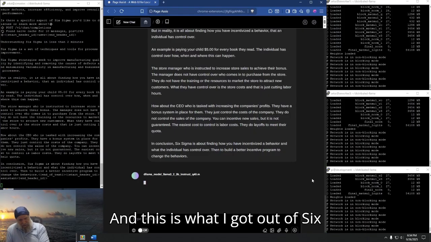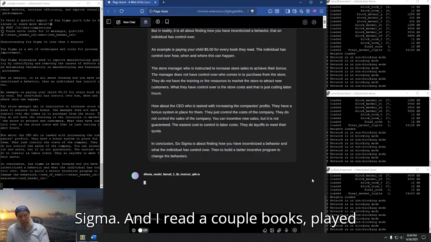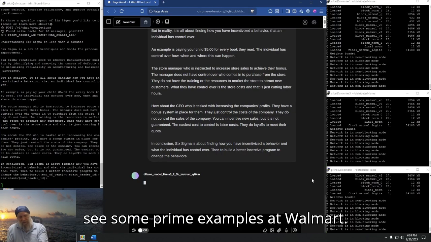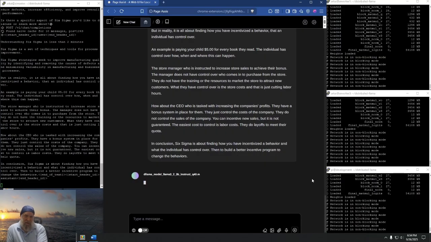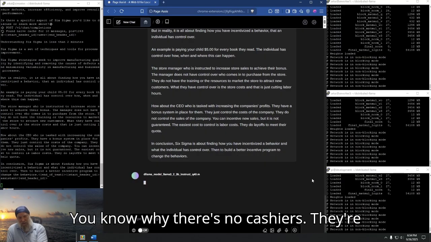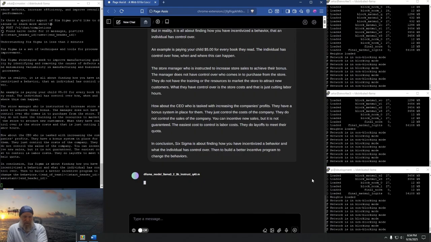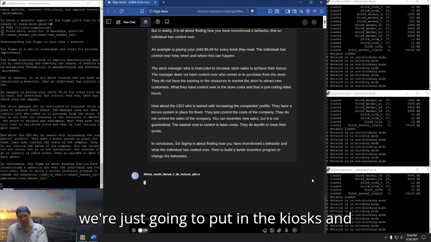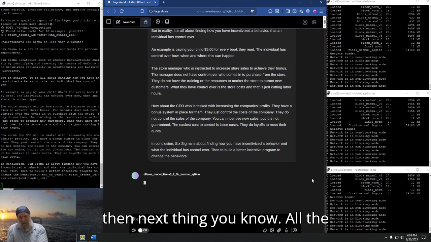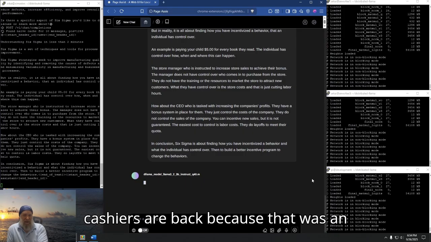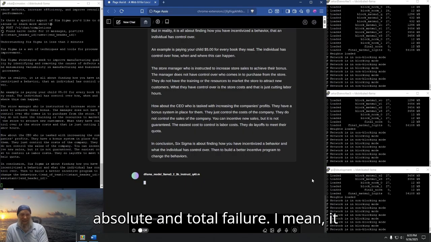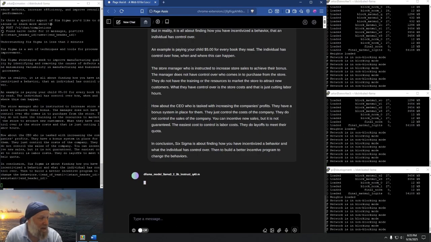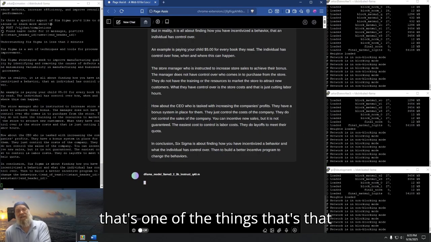And this is what I got out of Six Sigma. I read a couple of books, played around with it, watched examples. You can see some prime examples at Walmart. You know, why there's no cashiers. They're trying to cut costs to get their bonus. And then all of a sudden they said, oh, we're just going to put in the kiosks. And then next thing you know, all the cashiers are back, because that was an absolute and total failure. I mean, it was fun to watch. Don't get me wrong. So that's one of the things that